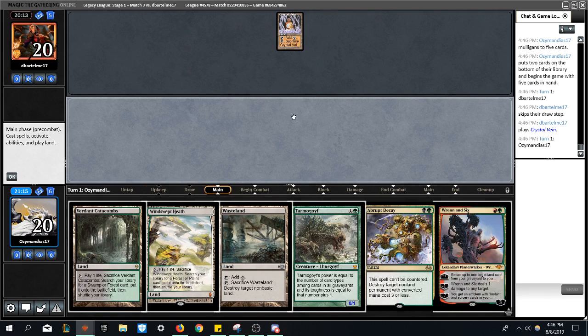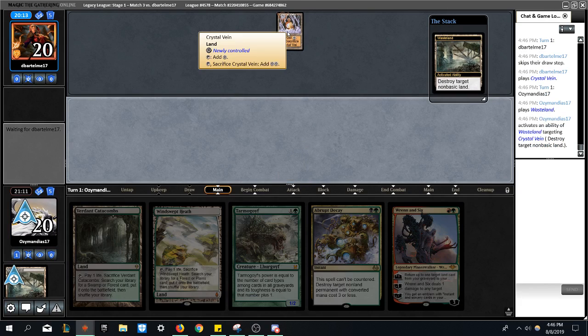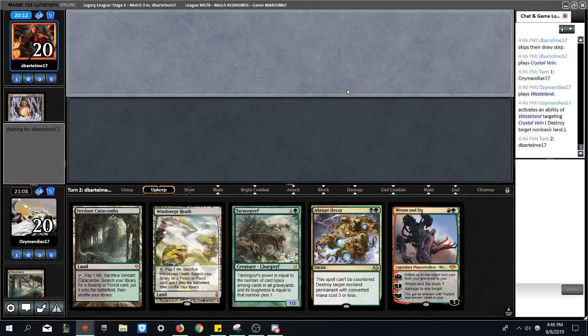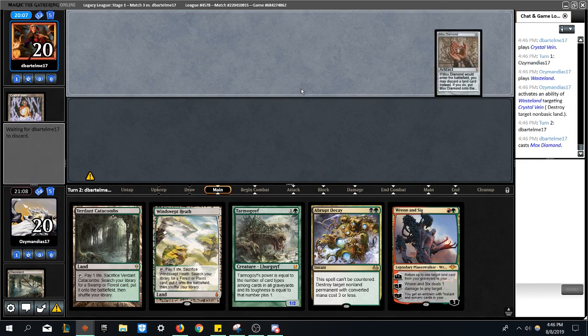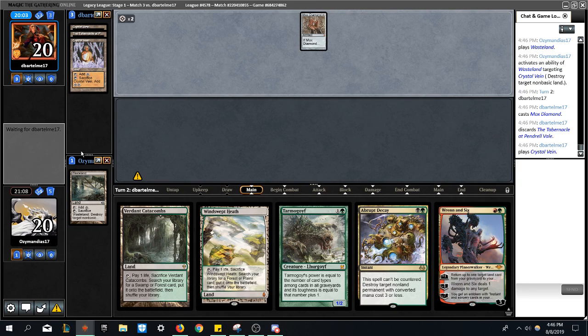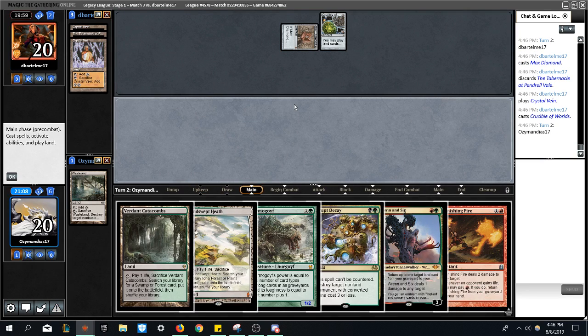I think I just Wasteland. Cool. What does that do again? I can't read it. You tap it for 1, sacrifice it for 2. I see. Yeah, no thanks. I don't guess Karn on turn 2. Mox Diamond. Pitch Tabernacle. Play Crystal Vein. Does he have Trinisphere? Going Crucible for it. Worlds. Well,